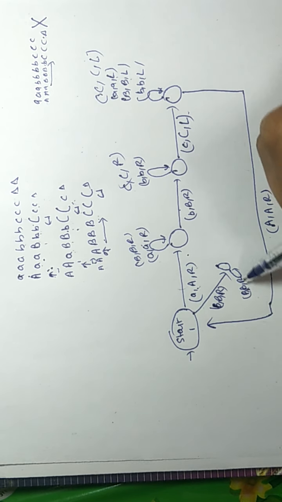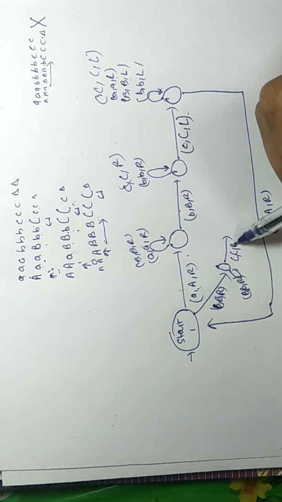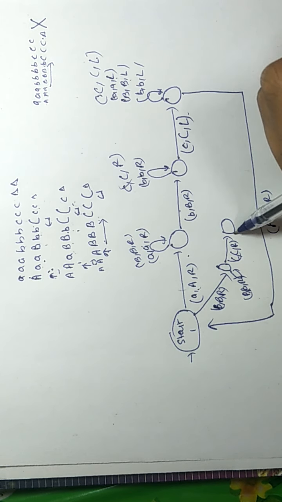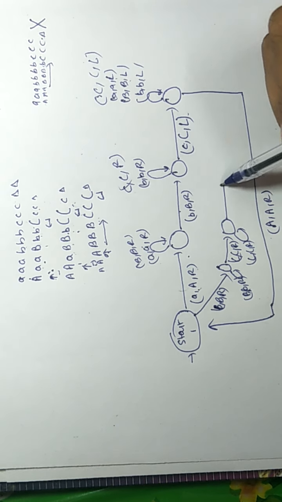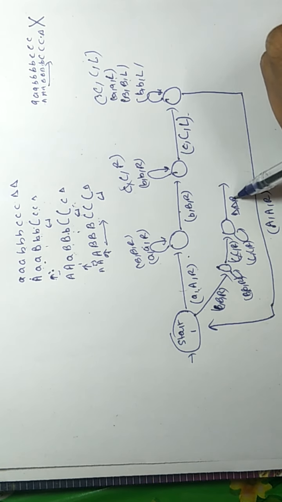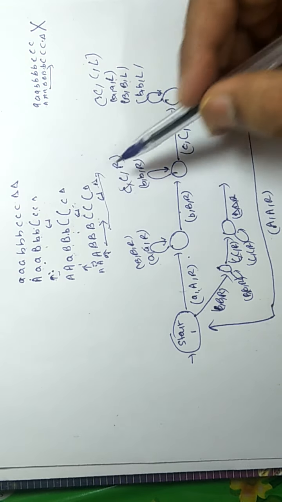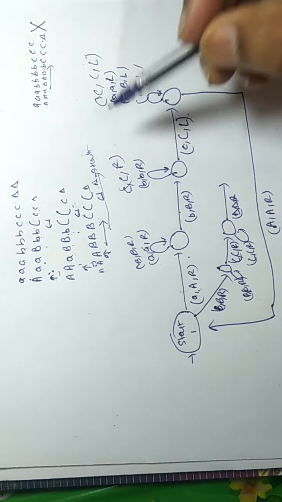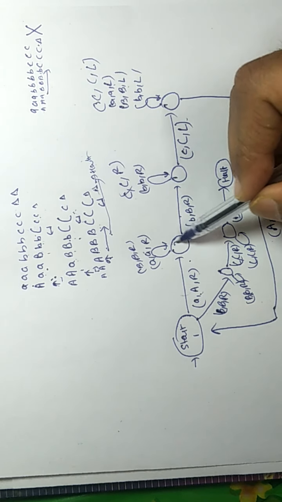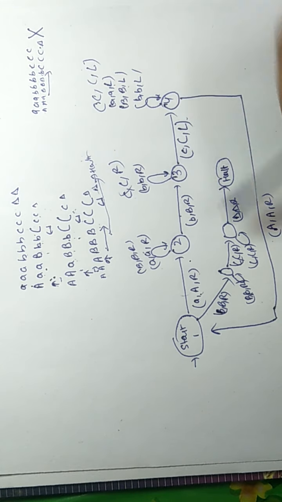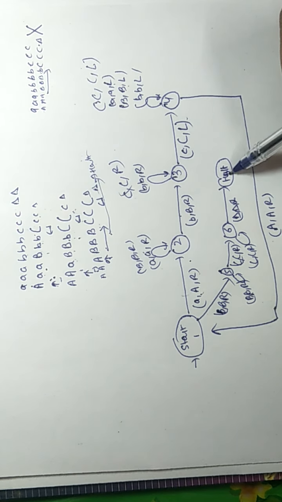Moving to right, then we will get capital C. Moving to right, then we will get some more capital C's. Moving to right, and then we will get blank, and at this blank, when we move to the end, we will get blank, and here we will halt. We will halt at this state. So this is state 1, 2, 3, 4, 5, 6 and 7. We have 7 states here.